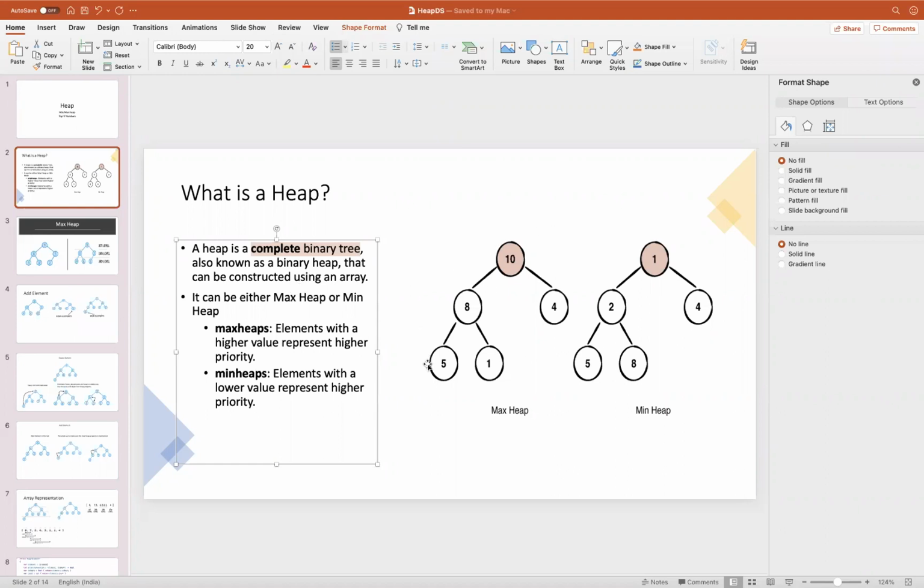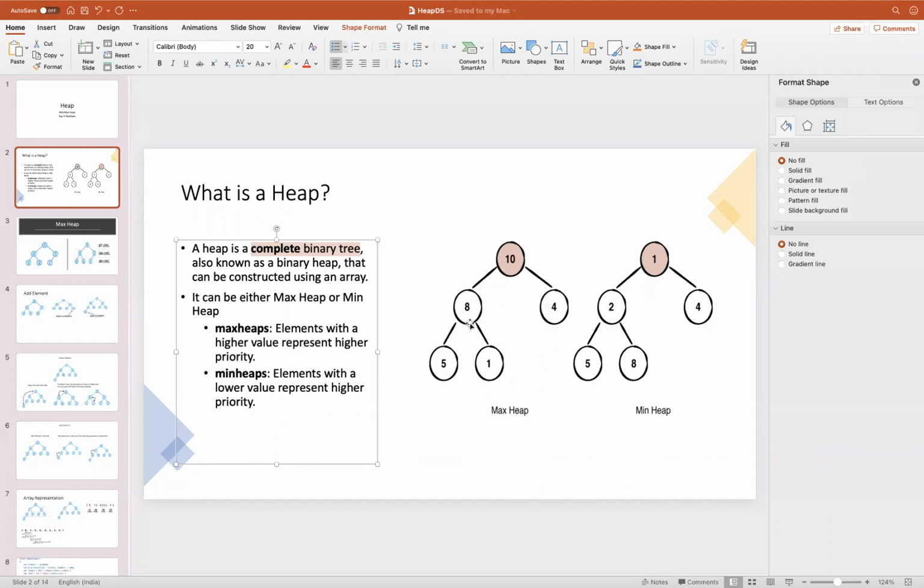What a complete binary tree means is that all the nodes in the tree are filled in a sequential manner. Let's say this is my tree. First 10 will be there, 8 will be there, then 4 will be there.